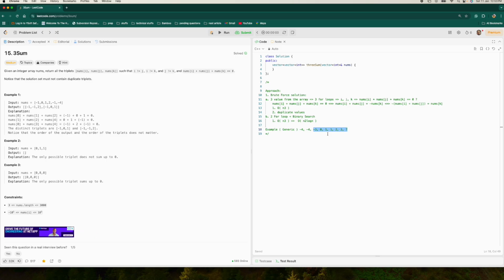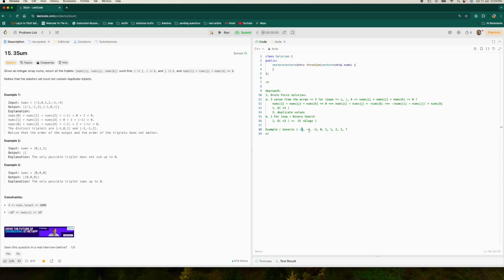But what I see here is, if we have -4 already fixed here, then rather than having i and j already fixed and then doing a log n search to find a particular item which is the negative of i plus j, what we should do is think about finding all three items that sum to 0. What if we fix the first item and try to do